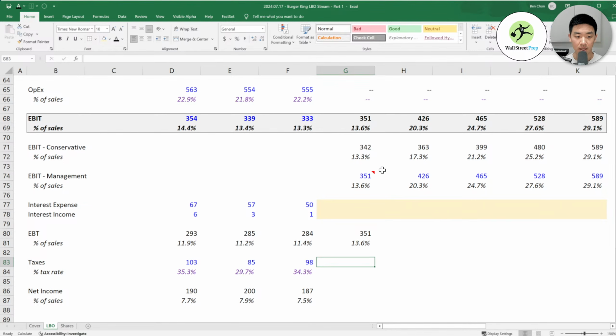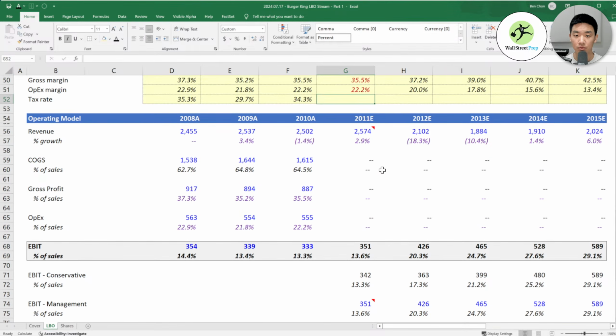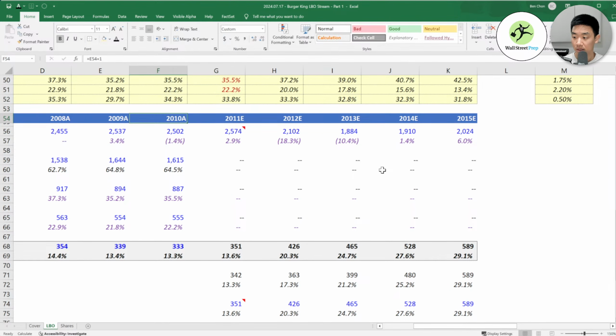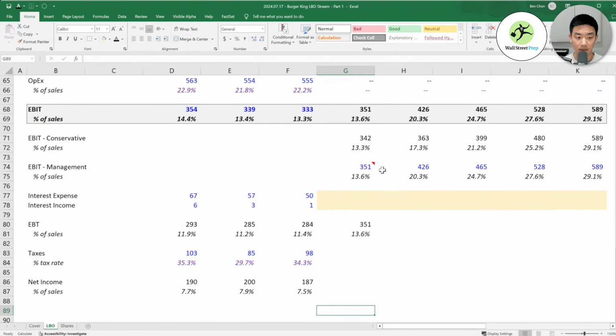Percent of sales here. And then taxes, let's assume that the company is able to, so I have minus 0.5% here, so I'm just going to assume that it's able to find some ways to decrease its taxes a little bit over time. I did also double check this, and I remember reading that Burger King actually was able to decrease its tax rate by quite a lot, even more than this, but I'm just being conservative. So I'm going to add that there.